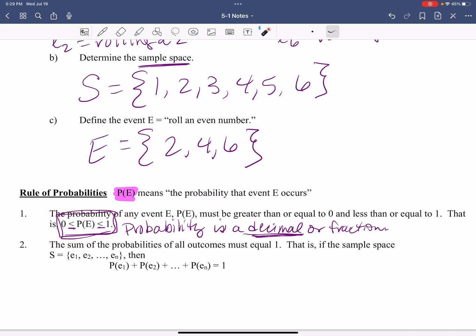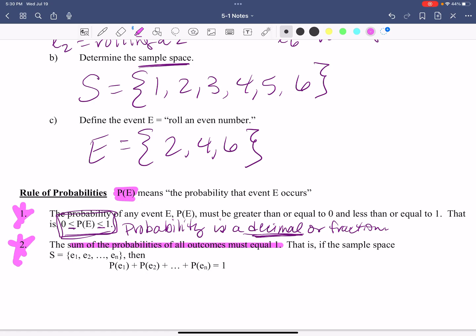There are always 2 scenarios that you have to deal with, 2 rules that you have to deal with. Rule 1, it has to be between 0 and 1 inclusive. Rule 2, add it up to be 1. That's the deal. The sum of the probabilities must equal 1. That means everything is accounted for. So you always have two rules. If you want to say, is this a probability? You always have 2 rules. And those 2 rules tell me that it's between 0 and 1 inclusive, and the sum is 1.